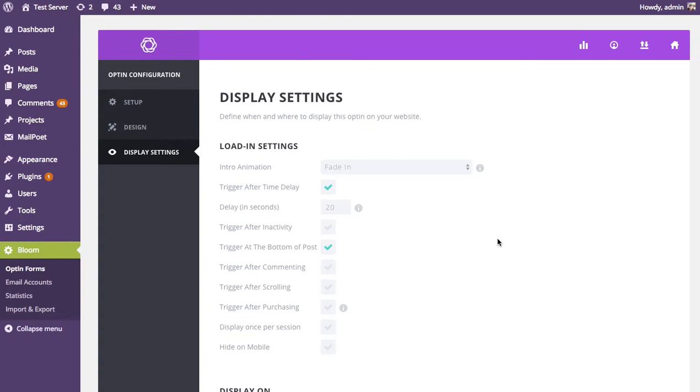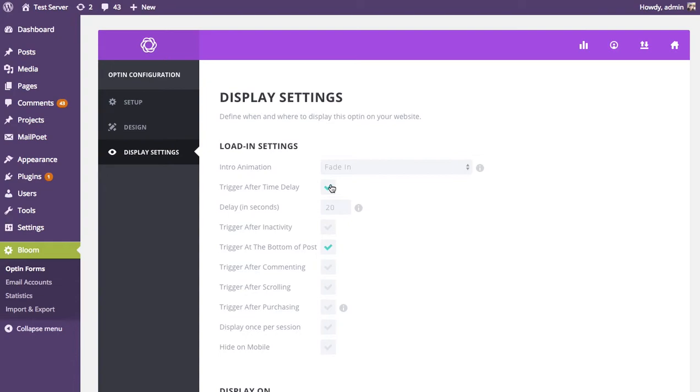I'm going to go over each of these briefly, but we also have a separate tutorial about triggers. And in that tutorial, I go into really great detail about how these triggers can be used effectively, again, to target different users based on their interactions. You can actually create different forms, different pop-ups that say different things, and look different, and actually sign up to different lists depending on these different triggers. But in general,